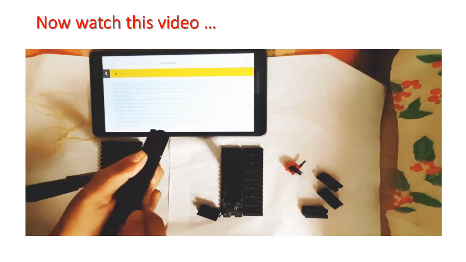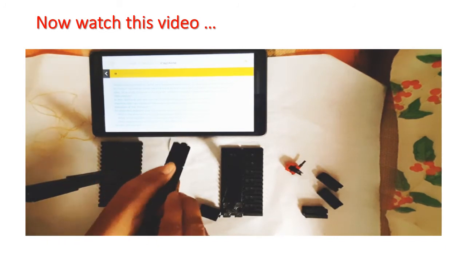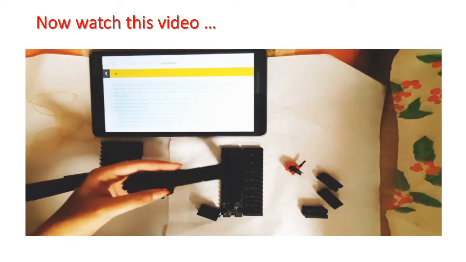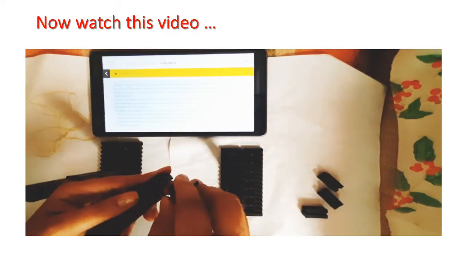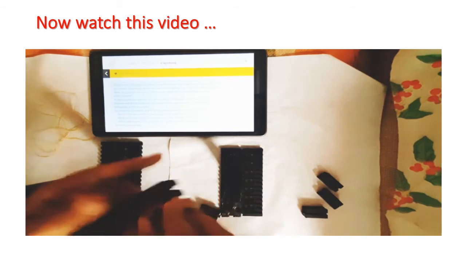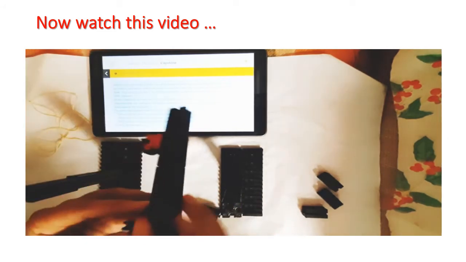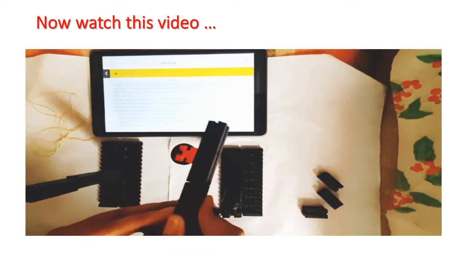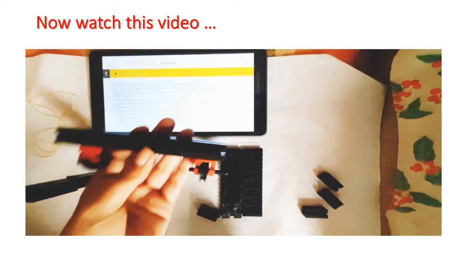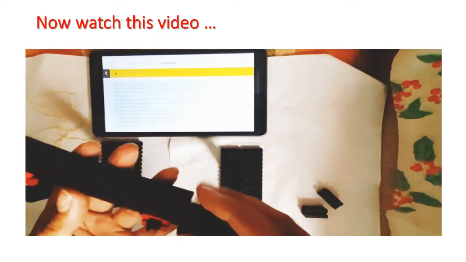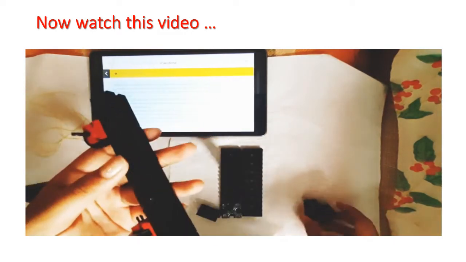Here I am attaching these pulleys. And it's done. I am attaching one more building block.